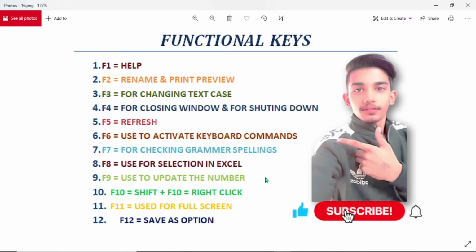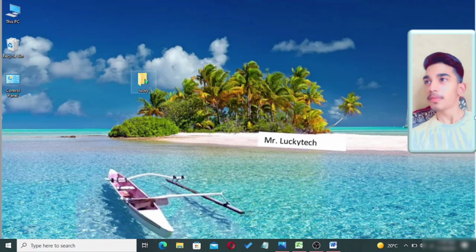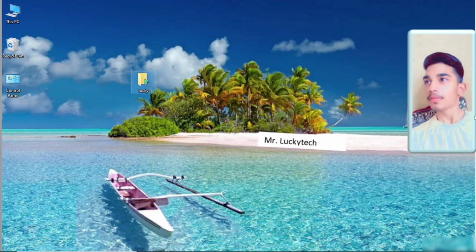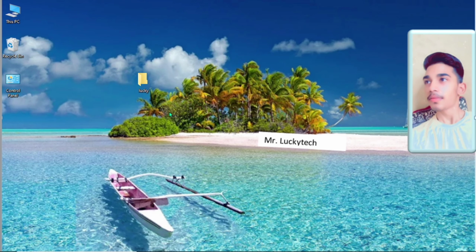So our next key is the F10 key. Shift plus F10 is equal to right click. I will tell you, like I have clicked here with the mouse and I will click here with a right click. So you can see this page has opened by right clicking.